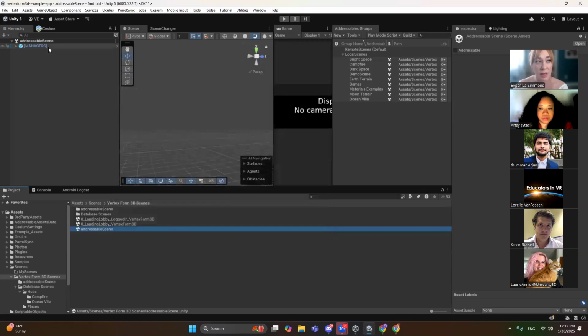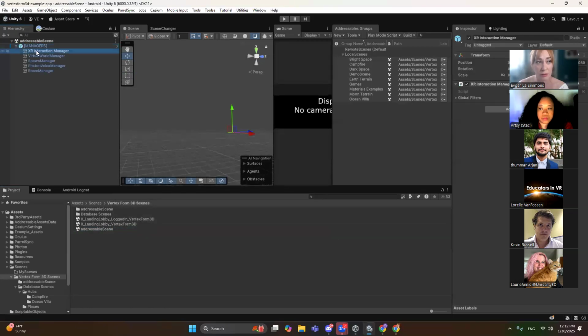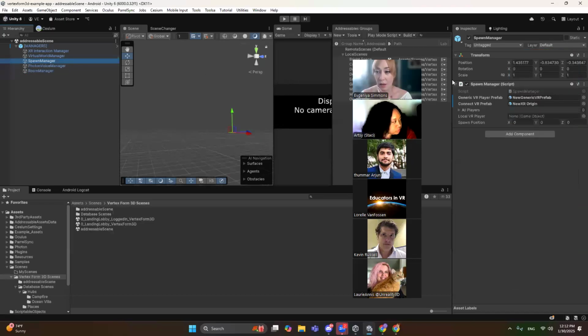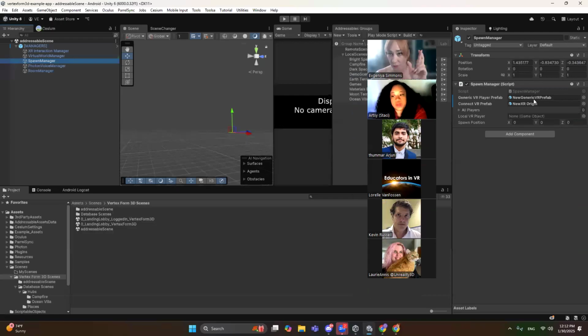And this addressable scene has a bunch of managers. Managers are responsible for spawning, voice, and the room manager. This was an extremely complicated process that we have conquered, I think. Fingers crossed. So the spawn manager is where your avatar will spawn, and it will spawn at the 0, 0, 0